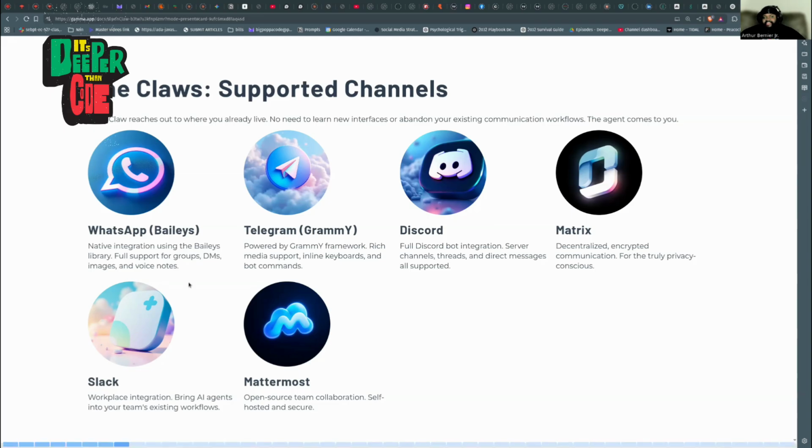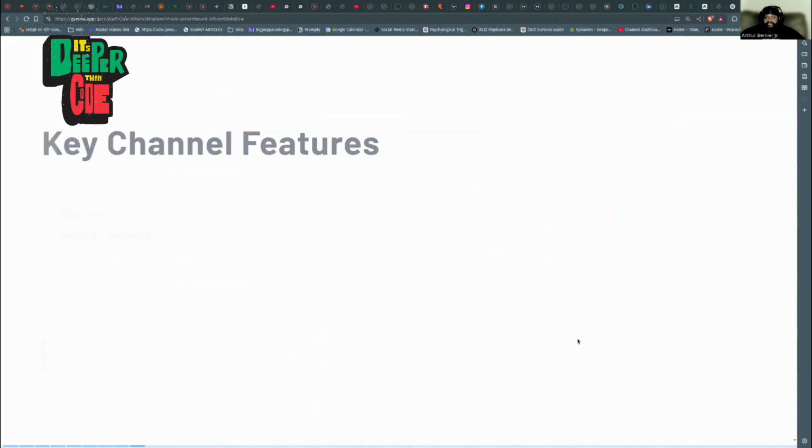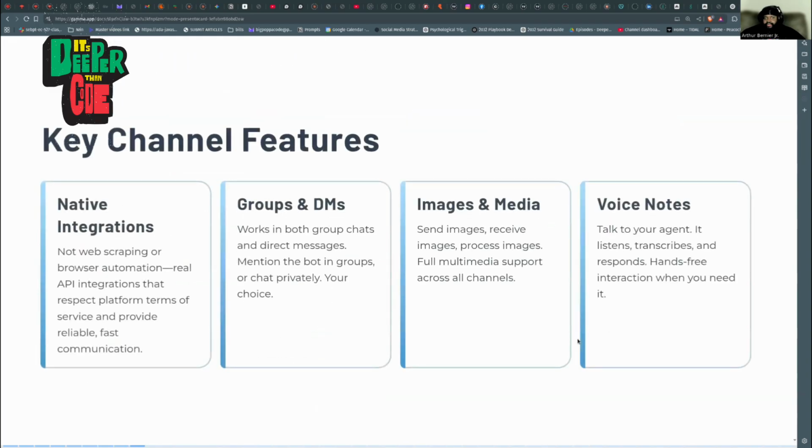That's one of the big benefits of it: it works already with existing tools that you probably already know. So you could talk to your agent in any way that's available. You could talk to it through DMs and group messages, or if you want to have it inside of a group with other people, you could do that. You just have to set it up properly in order to make that happen.